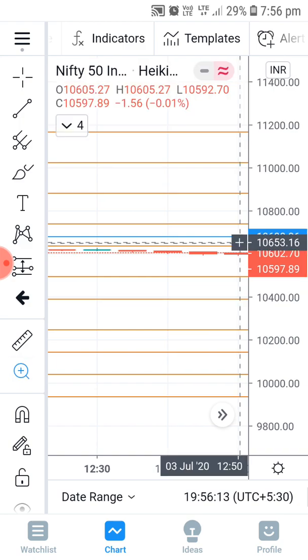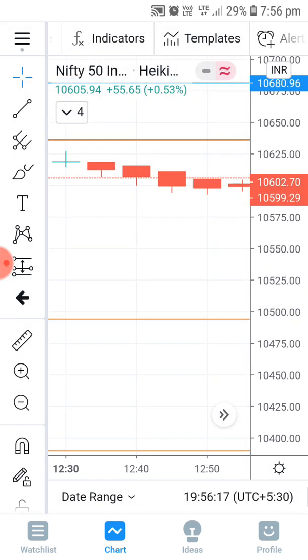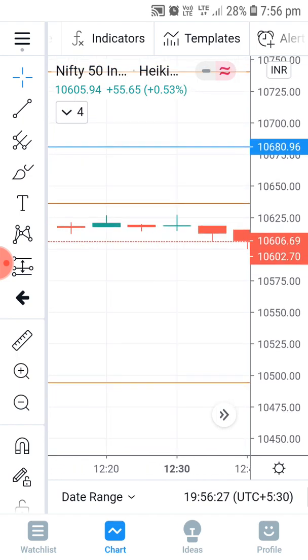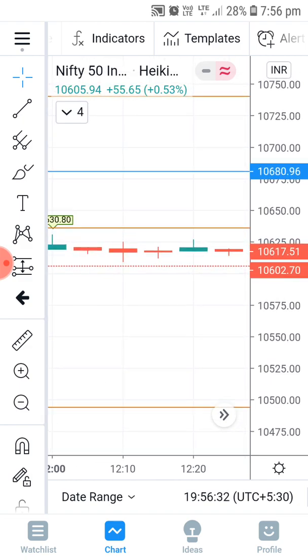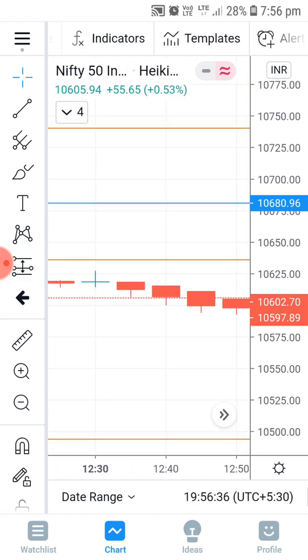Here you can see the line. So this was the resistance point here. Almost here you can see 1635 to 1640 was the resistance point. That is the reason Nifty came near the resistance and did not break that point, so Nifty did not move to this level. If Nifty breaks this level, you can expect the next level to be above 10,700. There is no other resistance after this area.